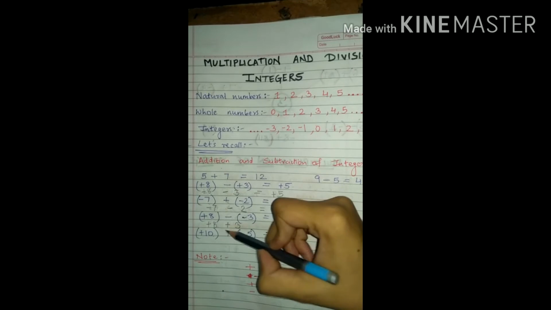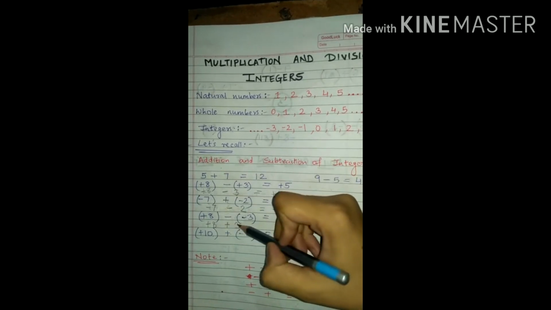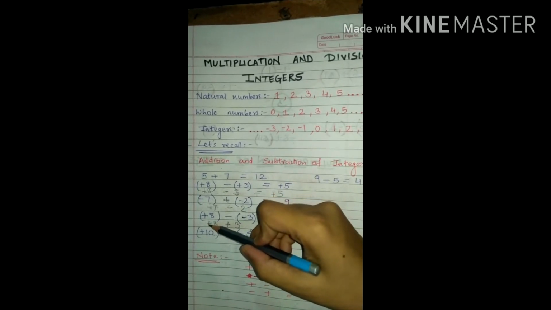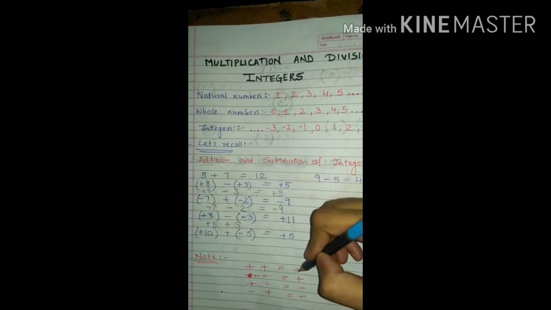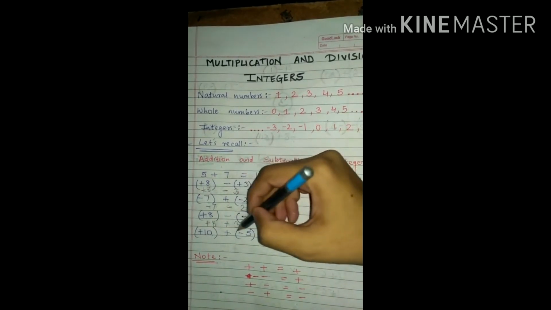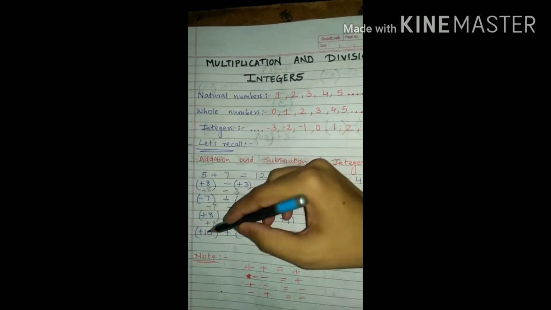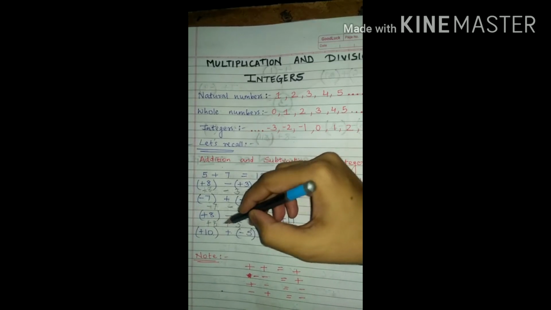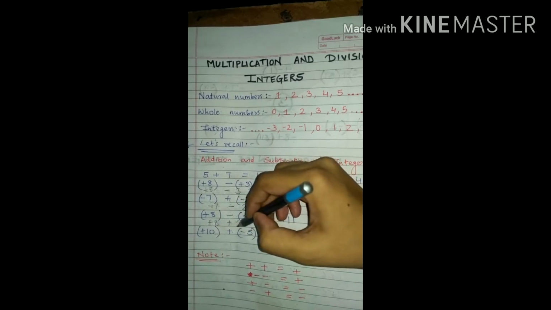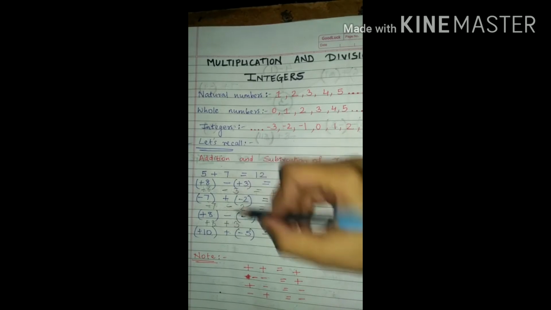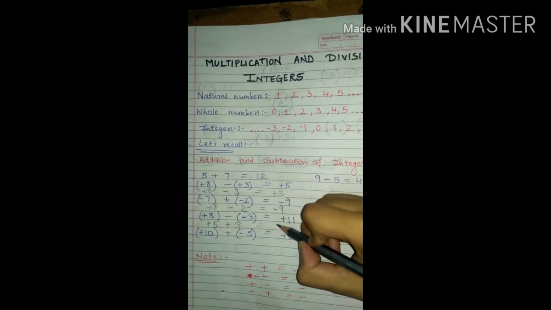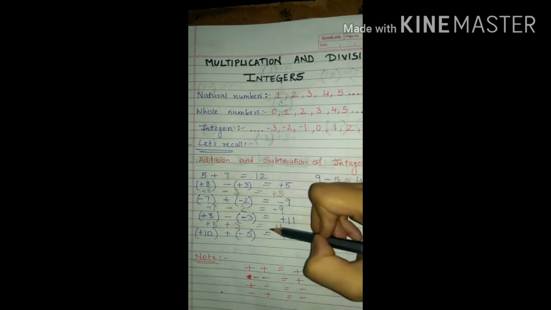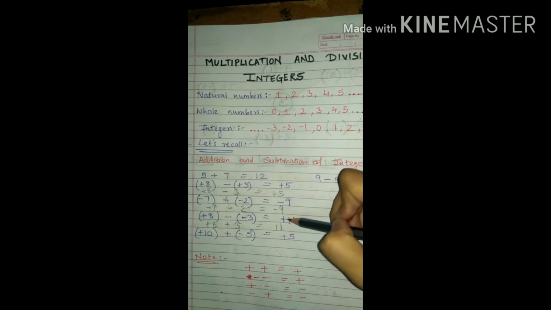Plus sign. And 8 plus 3, 8 plus, and here also plus. So plus into plus is what? Again plus. Means these two numbers need to be added. Plus into plus is plus. So these two numbers need to be added. So 8 plus 3 is how much? 11. And why plus sign is given?